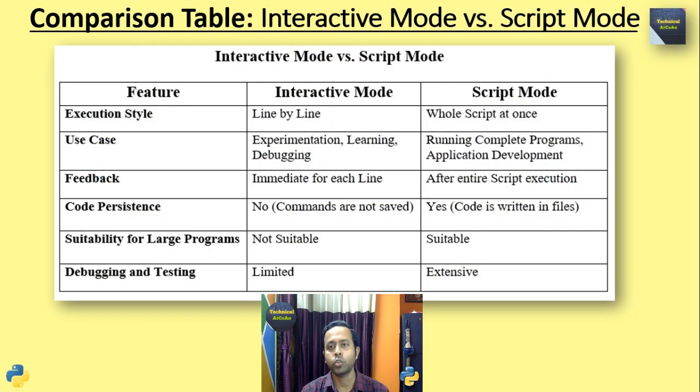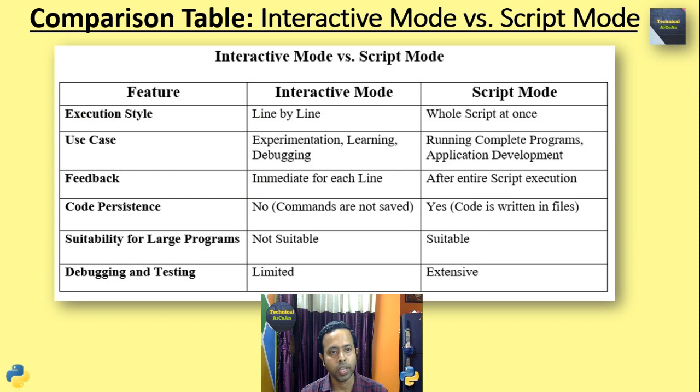Now we compare these two modes using a table with its features. So the first feature is execution style. In case of interactive mode, it is line by line. And in script mode, whole script at once. Second feature, use case. In case of interactive mode, it is experimentation, learning and debugging, whereas script mode is concerned with running complete programs and application development. Feedback: in case of interactive mode, immediate for each line, but in case of script mode, after entire